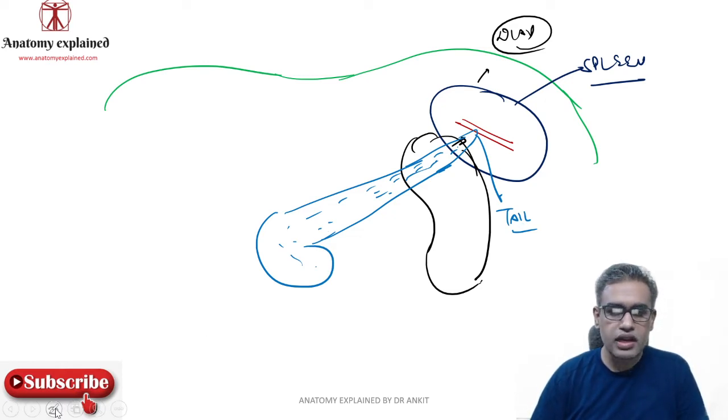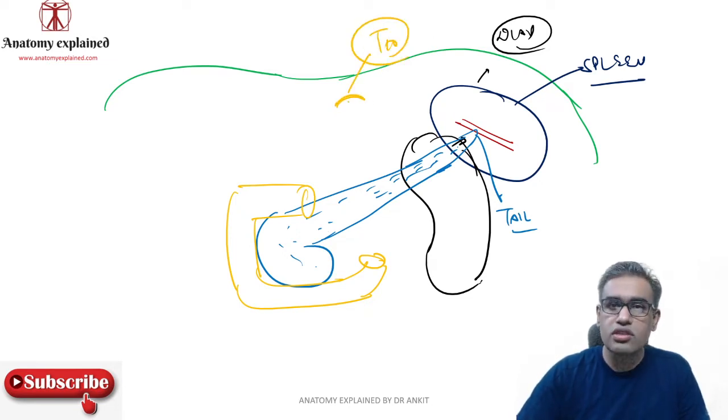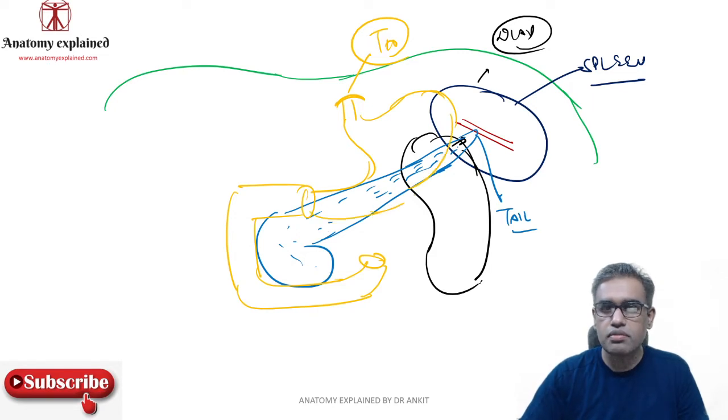Now pancreas, we know pancreas is lying where? In the concavity of the duodenum. So this is your first part of duodenum, that is the second part, that is the third part, and there would be a small fourth part lying slightly above. Did I say diaphragm? That is duodenum, the four parts of duodenum. Duodenum continues as the part of the stomach. Stomach continues as the esophagus. Esophagus, slightly to the left of midline, appears at the diaphragm around the T10 vertebra. And then you have a small abdominal part of esophagus, and this would be your lesser curvature, and that would be the fundus part, and that would be your greater curvature.